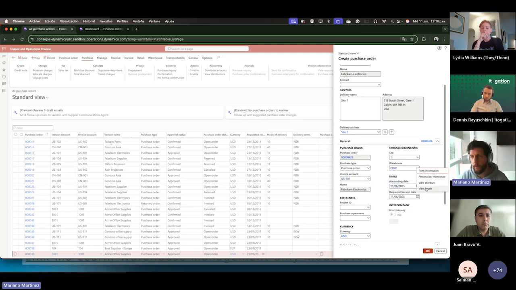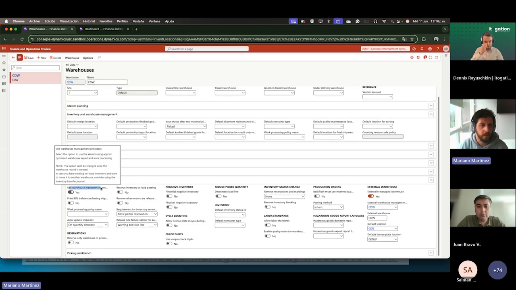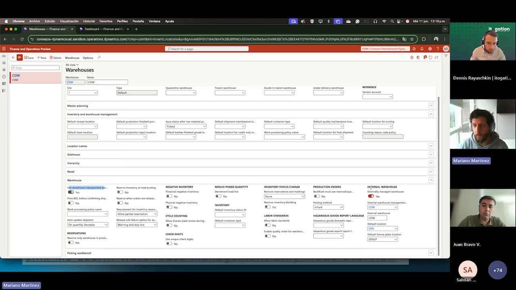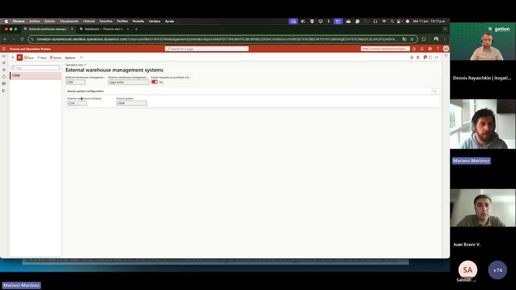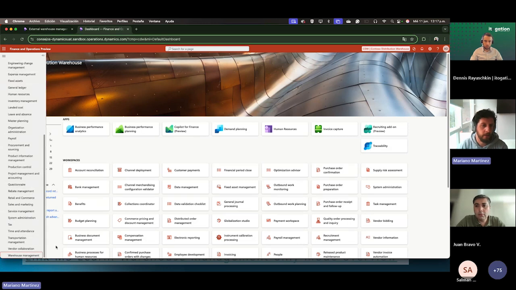If I go quickly into the setup of this warehouse, the warehouse has to be activated for the warehouse management process, and you need to set up this part, which is the external warehouse. It's an externally managed warehouse, and you have to say which integration you're going to use. So let's dive quickly here. And in here, you are pointing to the legal entity that is going to manage this warehouse, and also which is the source system that is set up in the